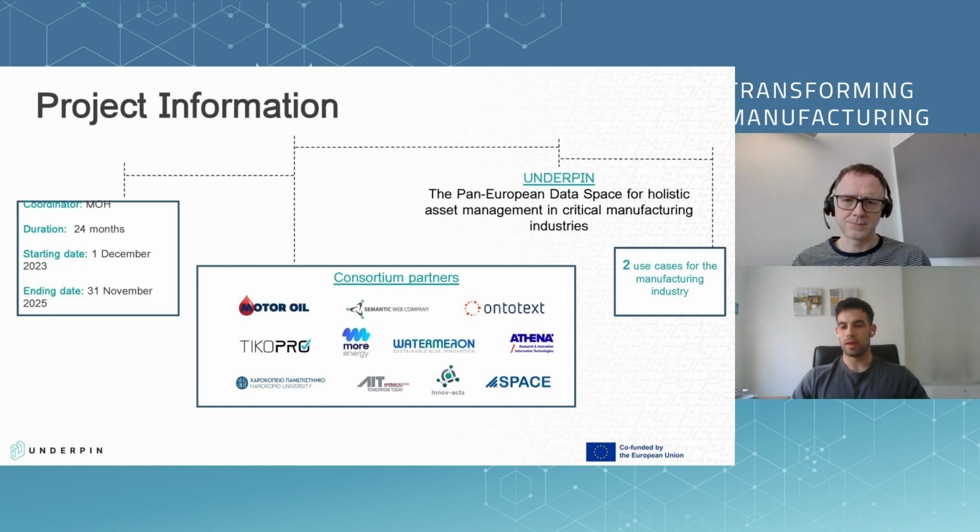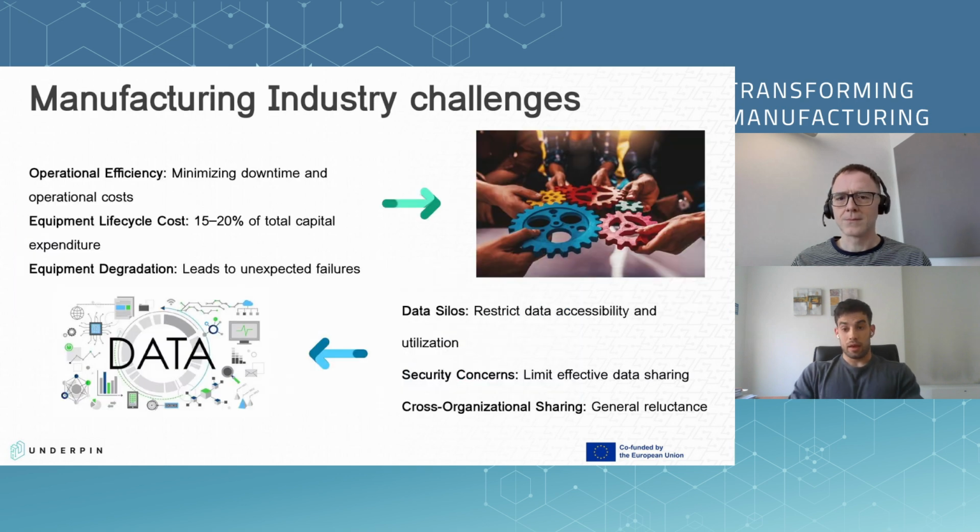of its completion. In the scope of UNDERPIN, 2 use cases are included that attempt to showcase the value that manufacturing organizations can get by participating in a data space such as UNDERPIN. Before getting into the more technical details, I think it's important that we familiarize ourselves with the context under which we are operating. We will begin by presenting some very common challenges of the manufacturing industry, starting with some more